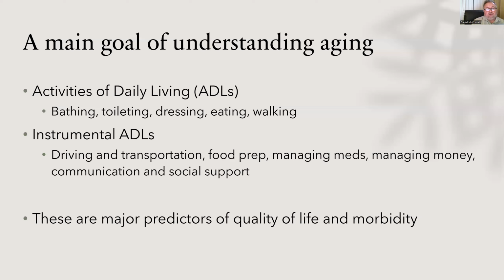Preparing your own food separate from eating for yourself, right? Actually cooking and doing things in the kitchen. Older adults may need to take more medications. That gets complicated. You have to remember to take all of the different medications and when you have to take them. You may have to remember to even get them refilled on time so that you don't run out. Money problems, keeping track of the money in your bank and not overspending or mismanaging things, forgetting to pay bills, being able to effectively communicate with other people, and having good social support and good friendships and other social connections is going to be pretty important.